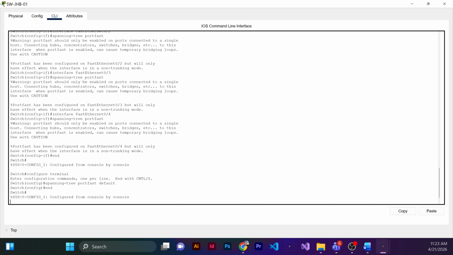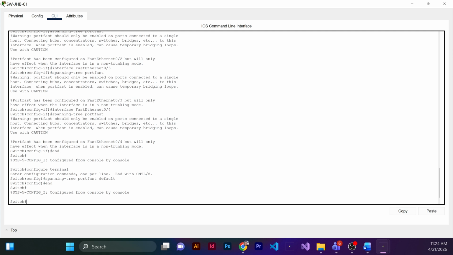BPDU Guard says if any BPDU arrives on this port, any spanning tree message at all, immediately shut the port down and error-disable it. Because the only device that sends BPDUs is a switch, and a switch should never be plugged into an access port. Now to configure it, we can just say